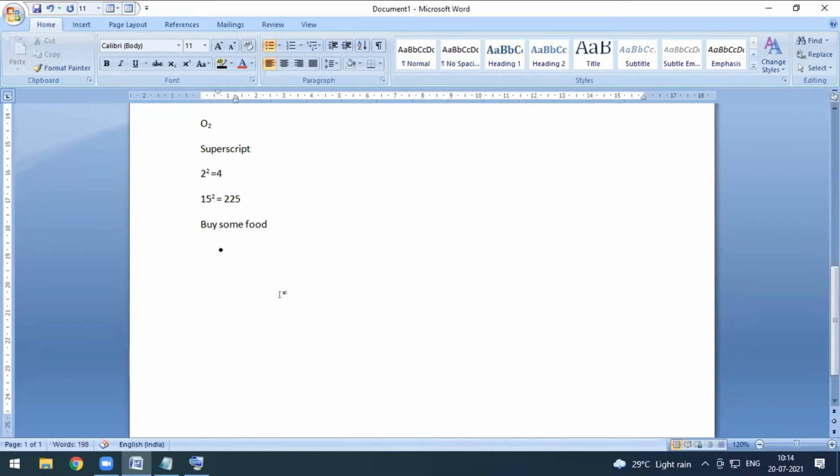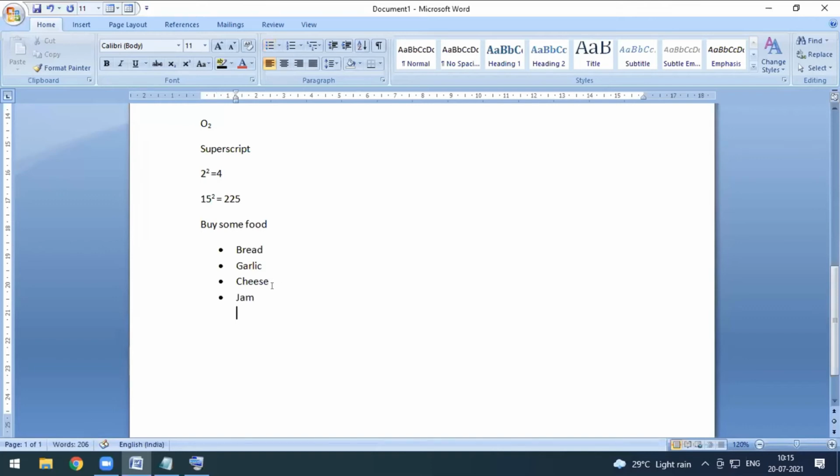I'm typing buy some food and I want to eat some. Then I want garlic. Then I want some cheese. Later I want some other ingredient, but I'm creating it like this. Suppose I want these three things to make a sandwich for me, bread and butter or bread and jam or something like this. Okay, I also write one more thing, jam.